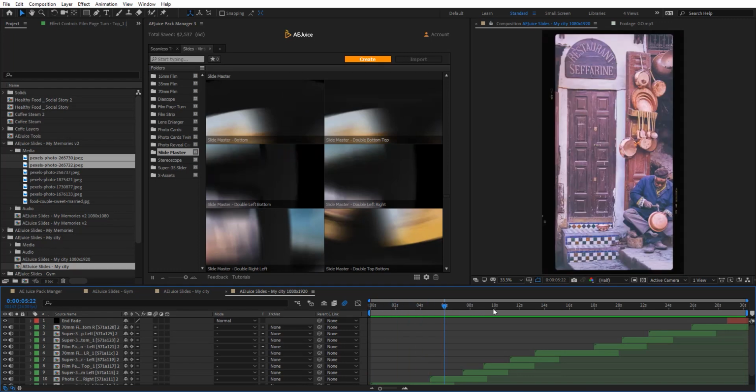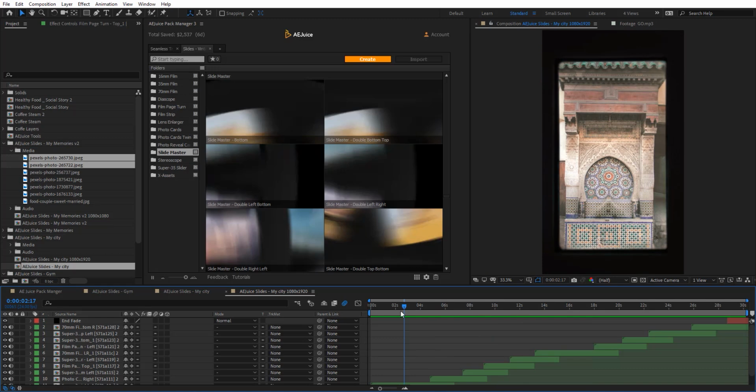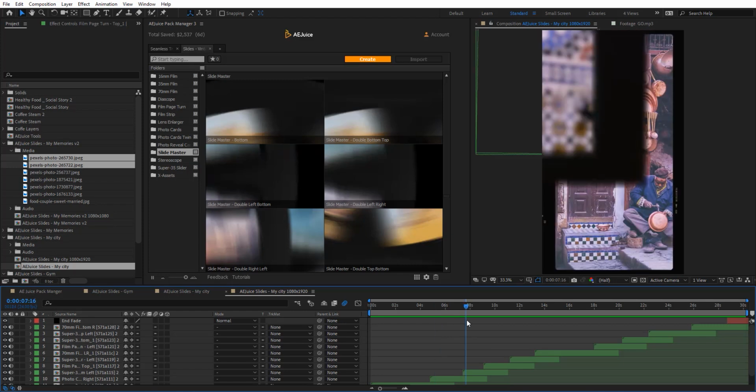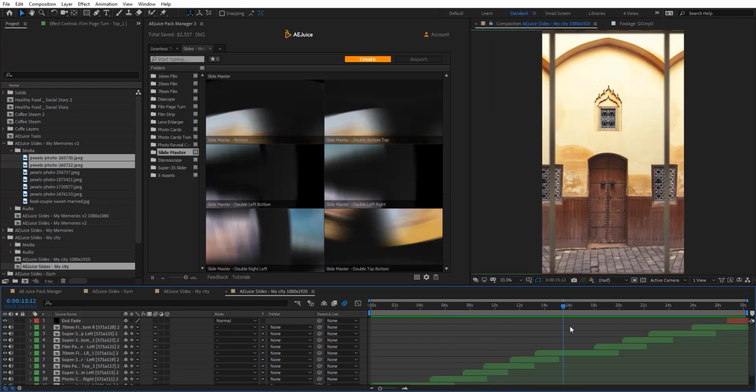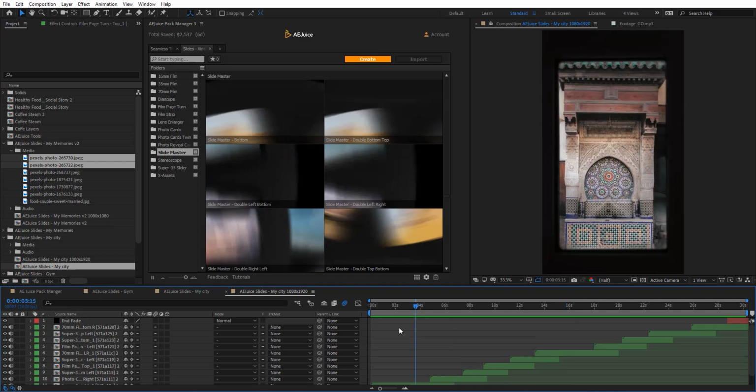So as you see, this is the slideshow, and it looks pretty cool here. And we just created it without using any placeholders and all the tedious stuff, which I really like. So basically, if you guys are doing slideshows, this tool is going to save you a lot of time.